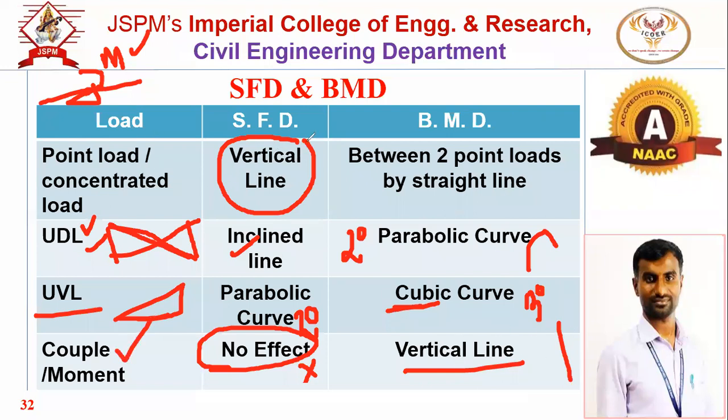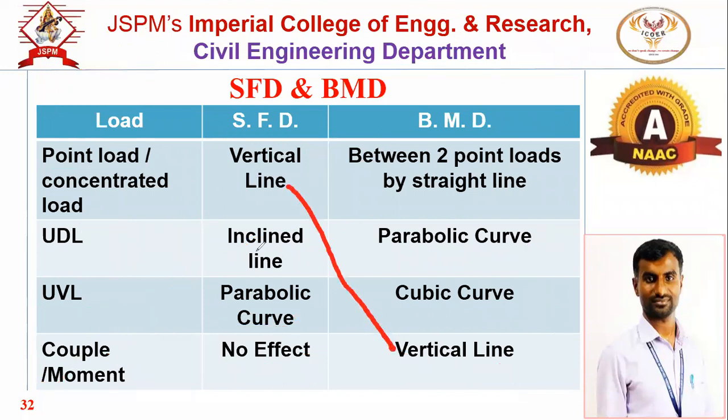जसं पॉइंट लोड असतो एस-एफ-डी मध्ये, तसाच बी-एम-डी मध्ये काय असतं, कॉन्सन्ट्रेटेड मूव्हमेंट असते, और वी कॅन से कपल. So the nature of point load in SFD is equal to nature of couple in BMD. See, these are the vertical lines. It is vertical line. म्हणजे पॉइंट लोड असेल एस-एफ-डी मध्ये असेल vertical line. If couple is there, then in BMD you will get the vertical line of same magnitude.